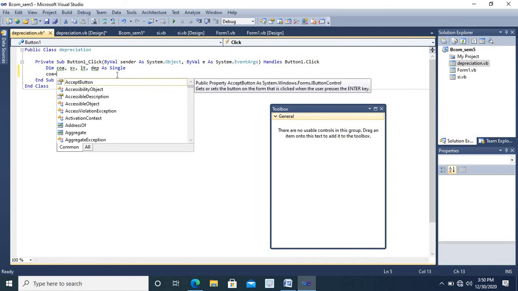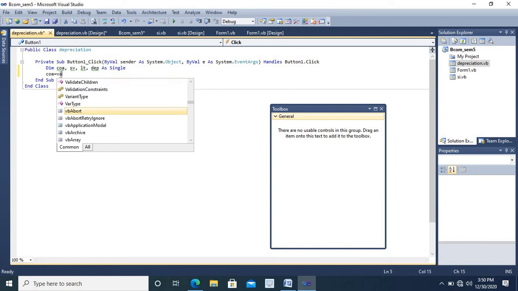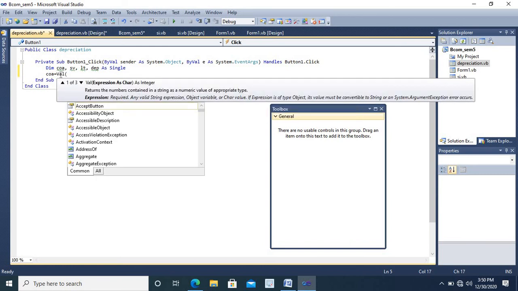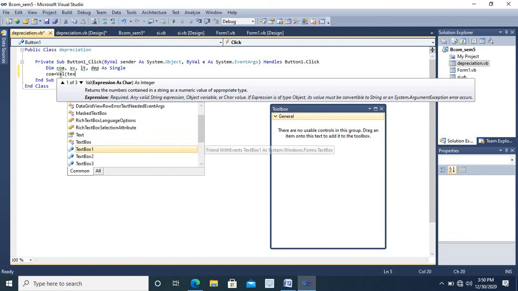The values which are entered into the text boxes should be stored in these respective variables. So for that we need to write COA equal to Val of TextBox1.Text.